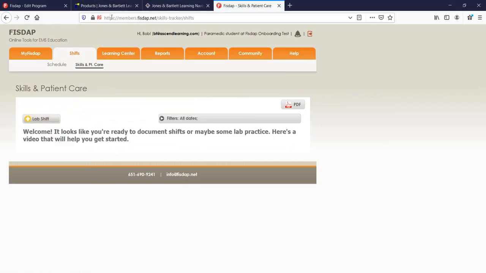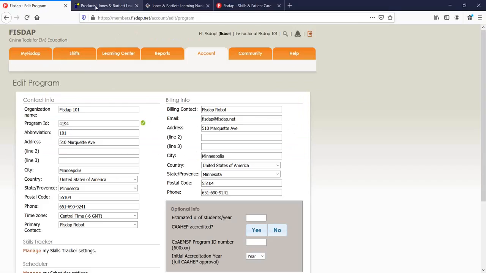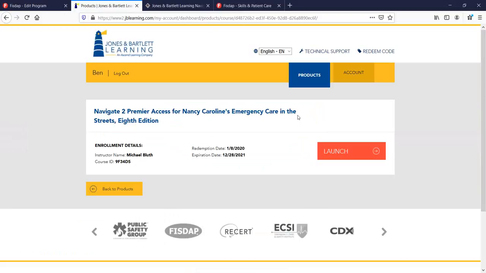But if you have other products, say you're getting the whole shebang, there's a product called the Whole Shebang Update Package that can be sold through JBL and activated through that. So if your program is getting the whole shebang, but you're also using a JBL book, essentially because the whole shebang includes the Scheduler and Skills Tracker, but so does Navigate, we have this special update package, so you're not double charged for the Scheduler Skills Tracker because you're getting it with the book, but you also want it with the whole shebang. So if you are getting the whole shebang and a book, speak to your rep and ask about the update